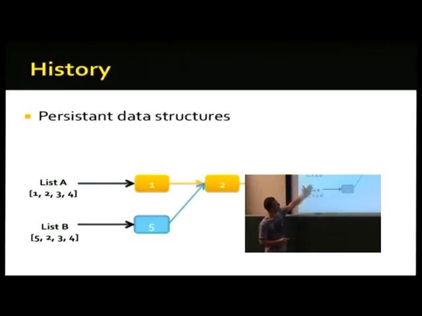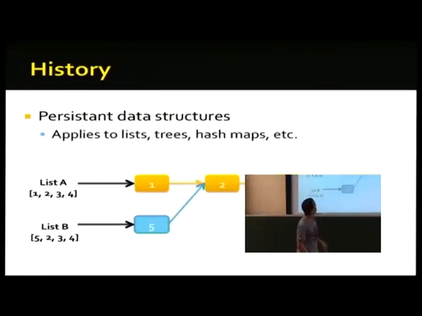It's easy to see how it applies to lists, and what's actually more interesting is that it applies to a lot of other data structures as well. They've done it for trees, for hash maps, and a lot of other data structures that you may have used. And it's actually pretty fast, surprisingly, which you wouldn't necessarily think. And it's a really nice way to get around cloning data over and over again.